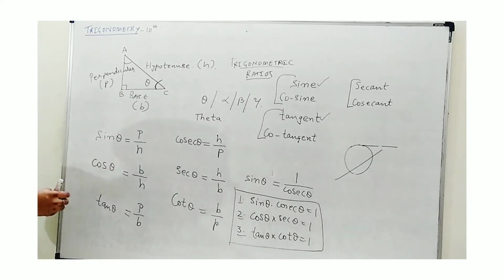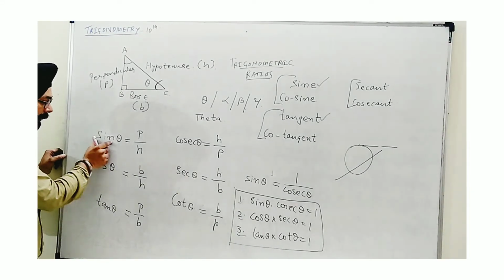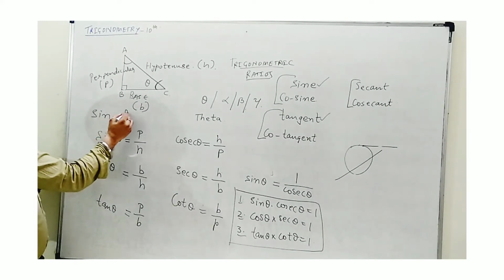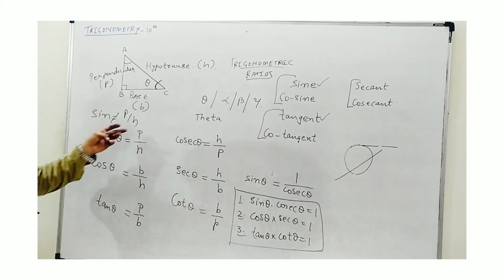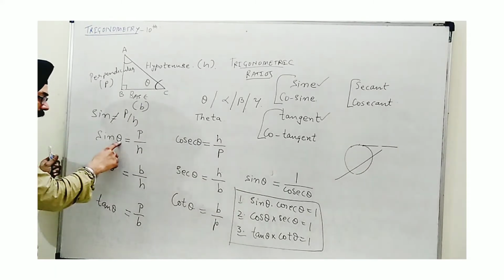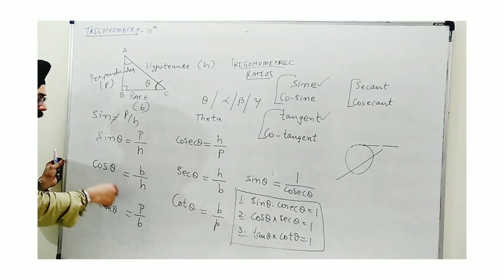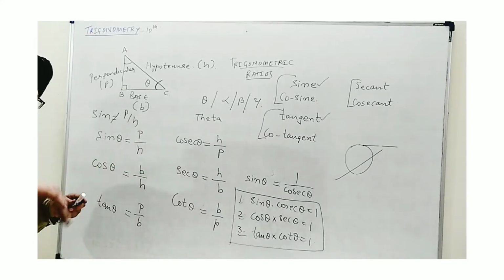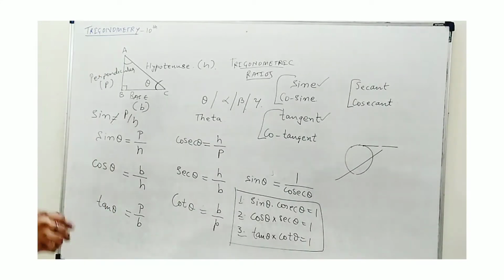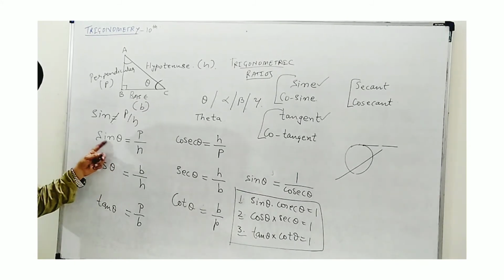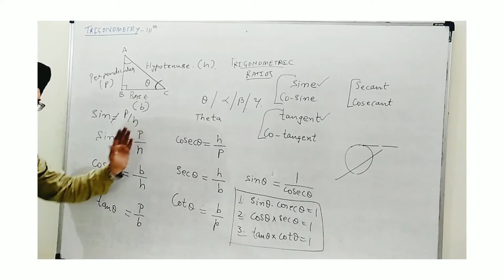Now, the point I wanted to discuss is that sine and theta cannot be separated. You can't write only sine. Writing sine is equal to p upon h is never possible; this expression is not possible. You have to always assign one angle to the ratio. Whether you are using sine, cos, tan or any other ratio, one angle will always be given with it. Then only we can proceed. So be careful throughout the chapter. You are not supposed to separate these two. The angle will always remain with the ratio, be it sine, cos or any other ratio.